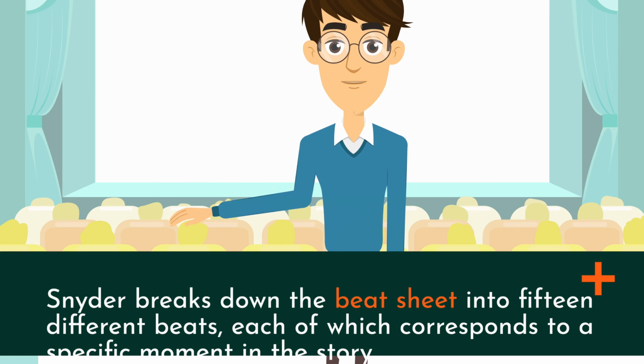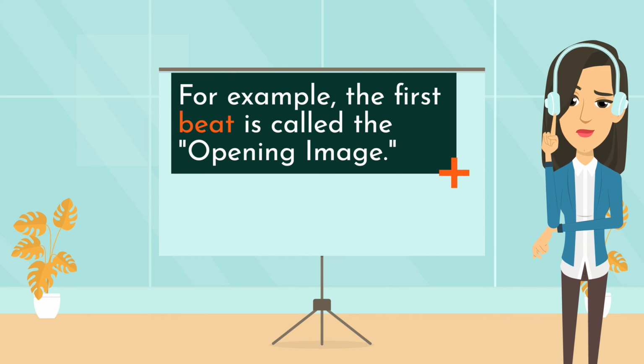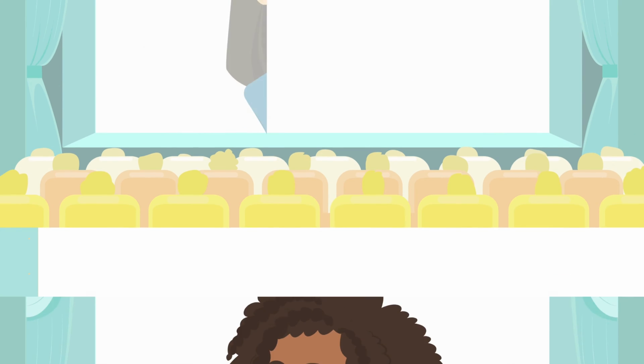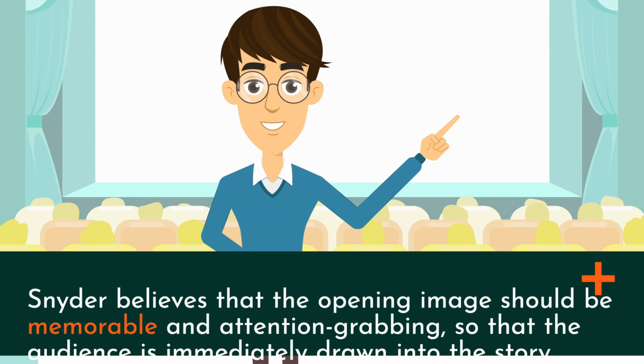Snyder breaks down the beat sheet into 15 different beats, each of which corresponds to a specific moment in the story. For example, the first beat is called the opening image. This is the very first thing that the audience sees when they start watching the movie. It's the moment that sets the tone and establishes the world of the story. Snyder believes that the opening image should be memorable and attention-grabbing so that the audience is immediately drawn into the